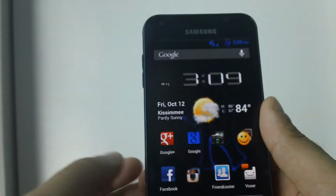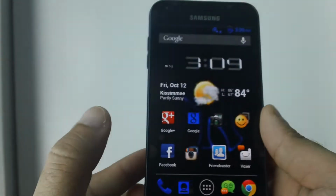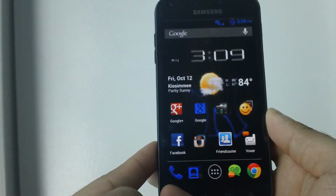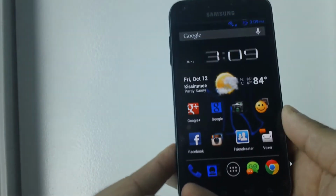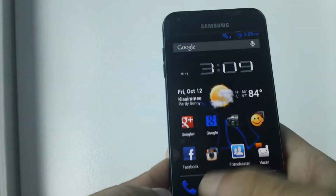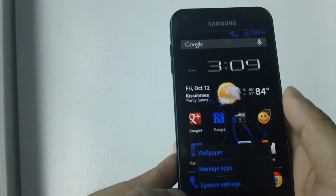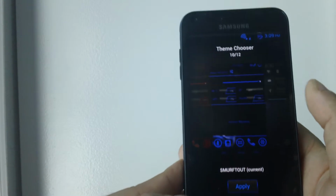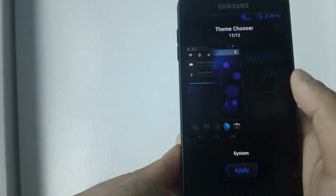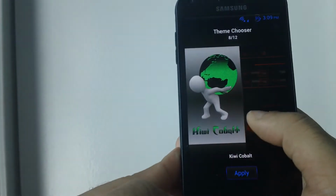And I'm talking about the Epic Touch. I'm talking about if you're on the Galaxy S3. I'm talking about if you're on the Nexus. Any phone you have, a custom ROM is always going to be better. There's so many things you can do. For instance, you can do themes in here, and I'll show you about the themes. As you can see, I have all these different kinds of themes installed that you can change,